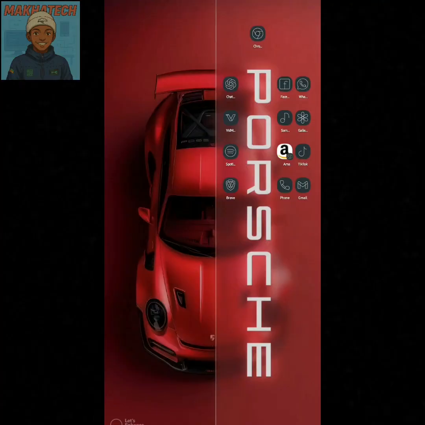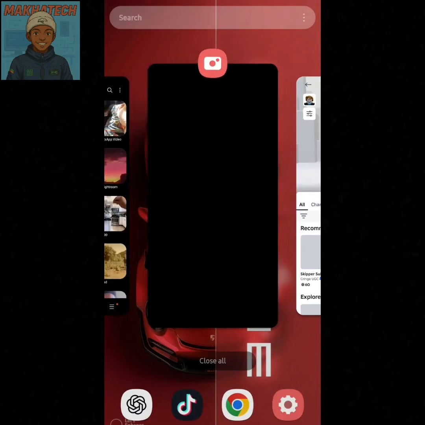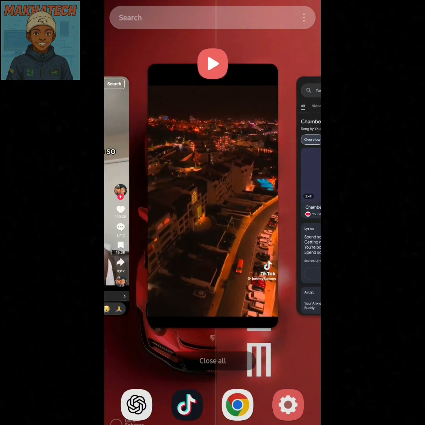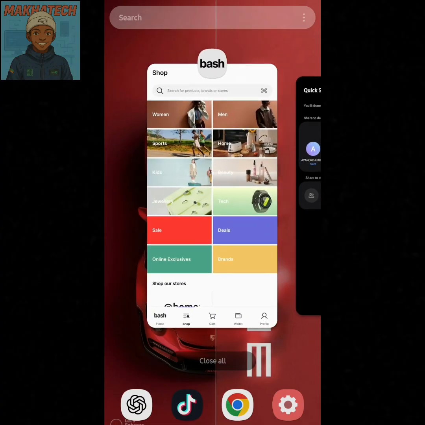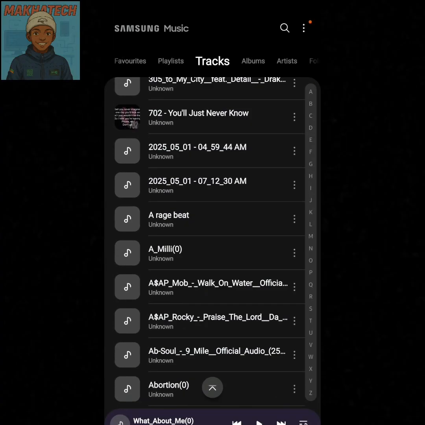Because you see, RAM allows you to save the progress you've made from apps. Okay, so if you leave a certain app at a certain point and use another app, then you're going to